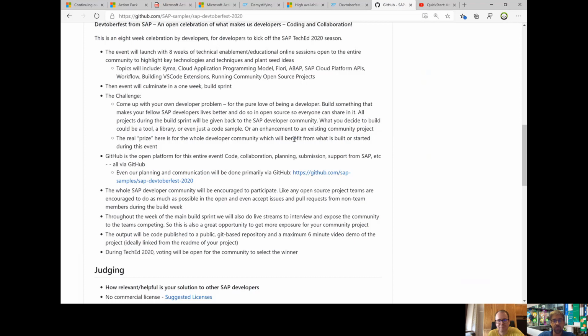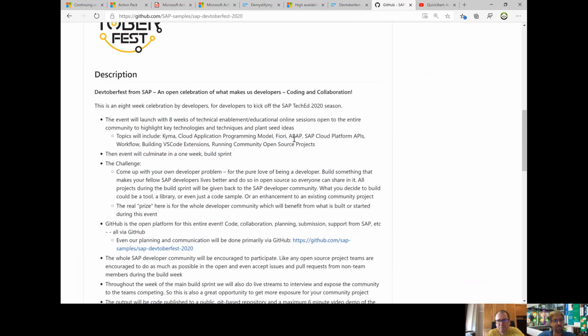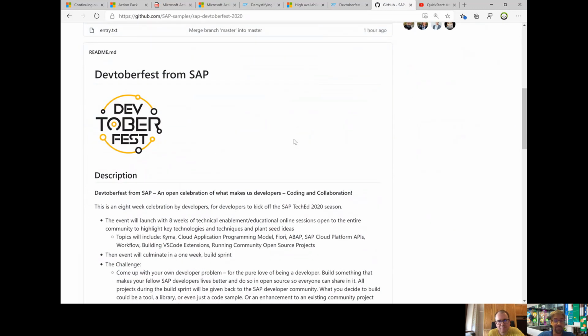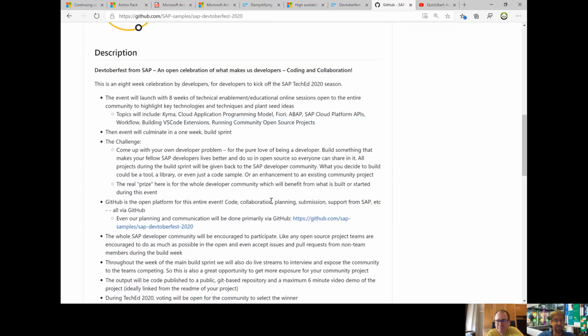So I think the idea is really to engage with the community and to encourage everyone to participate, to maybe work with other teams. I'm not sure if you are allowed to, but I guess you are allowed to collaborate and work together on certain topics, and to really push some of these topics forward. So I think this can be a really interesting initiative, especially since there is no way now to have a good in-person TechEd experience. Now it's 2 days virtually. So maybe this is a beautiful addition to what was TechEd.